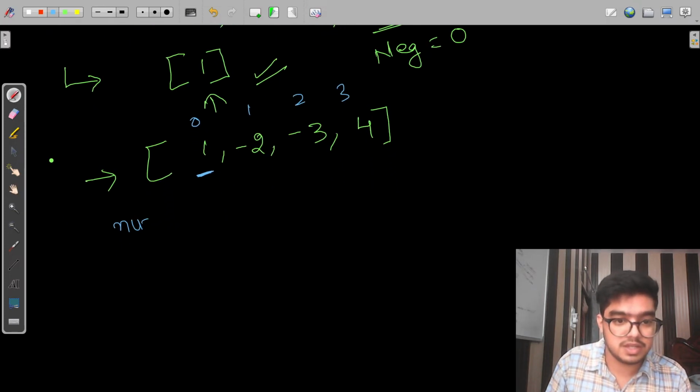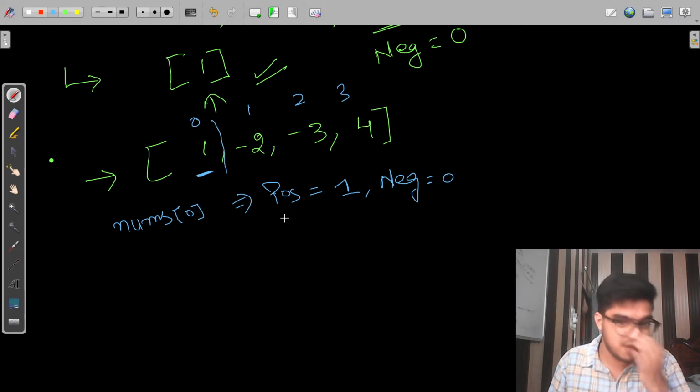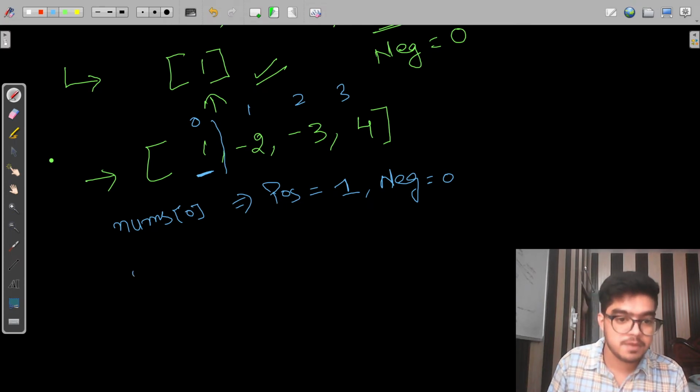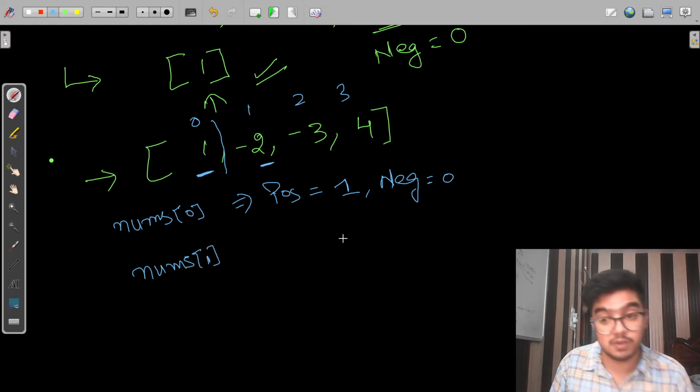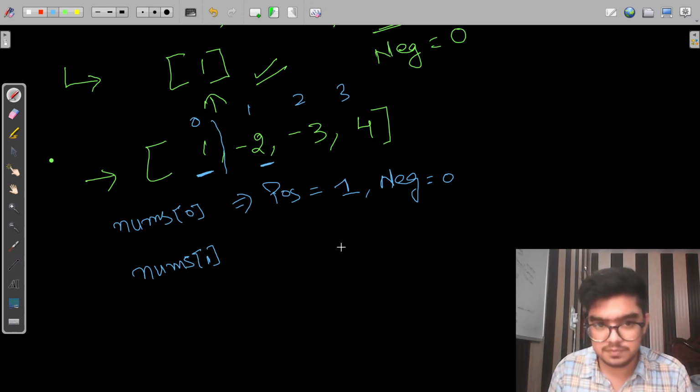We can say that at position nums of 0 we have a positive count of 1 and a negative count of 0, because at that time we only have one positive value and there is no negative value. Now we reach the next position. Now here there is a twist. Understand it.